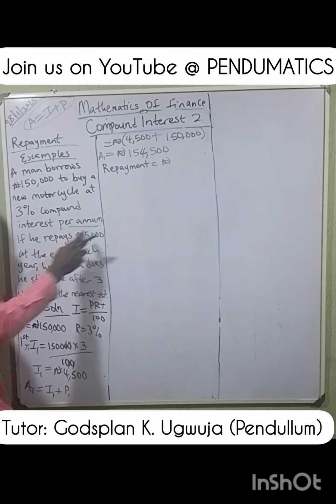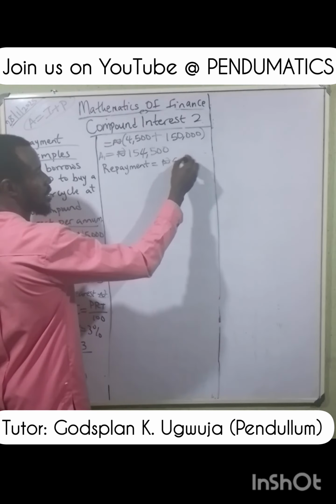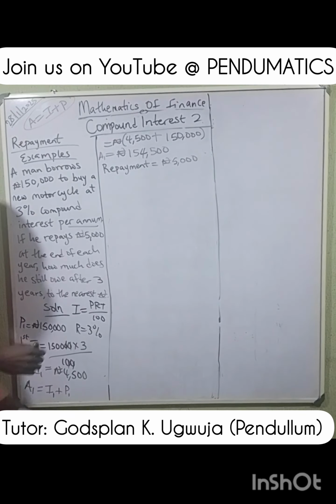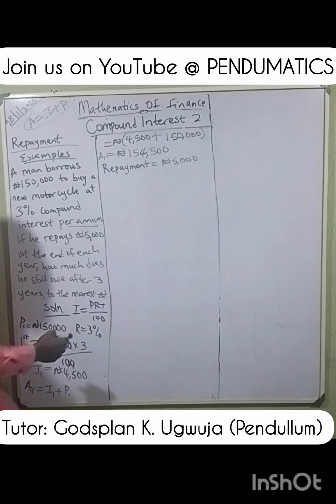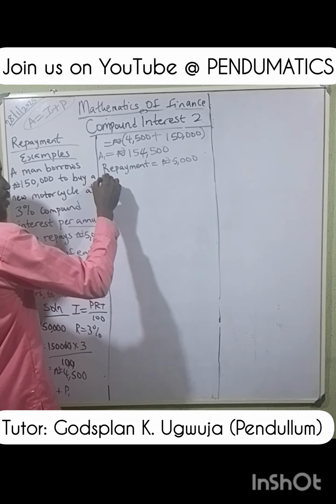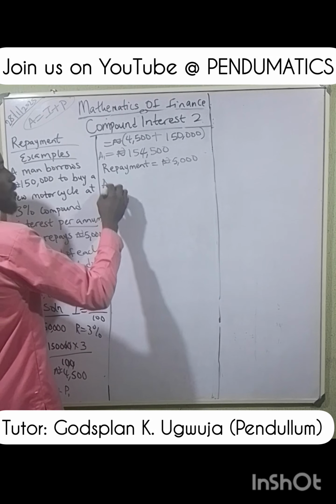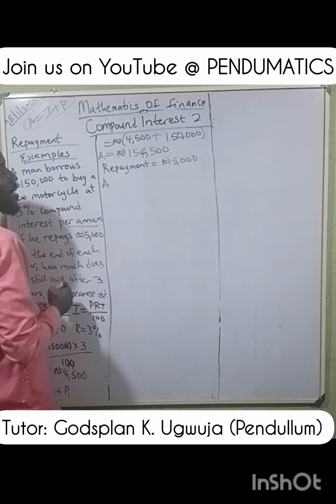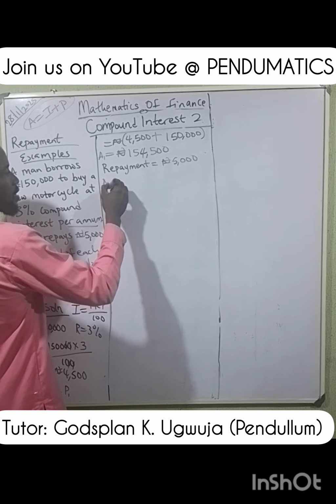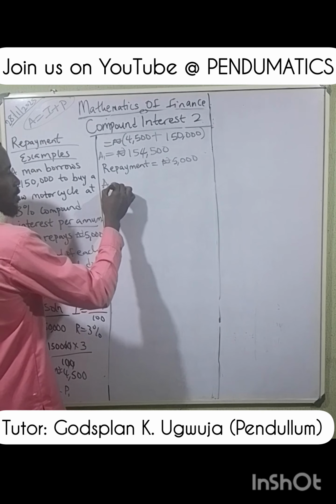They told you he repays 5,000 at the end of every year. That means out of this money he's owing, he gave them back 5,000. So the actual amount left at the end of the first year,